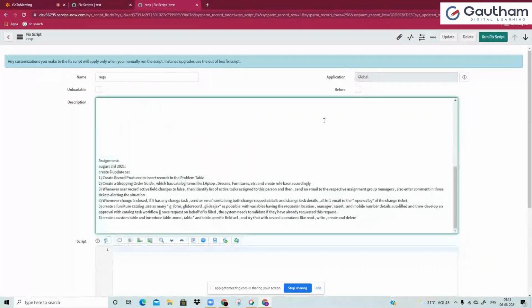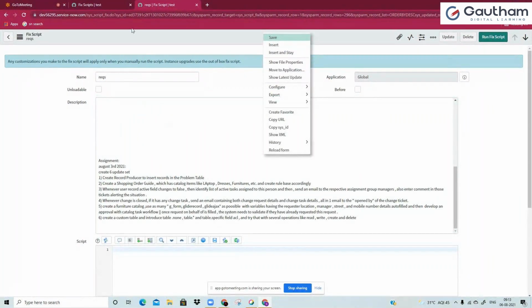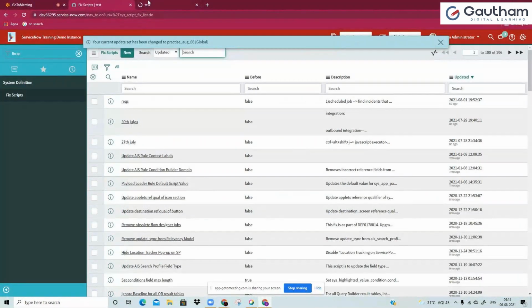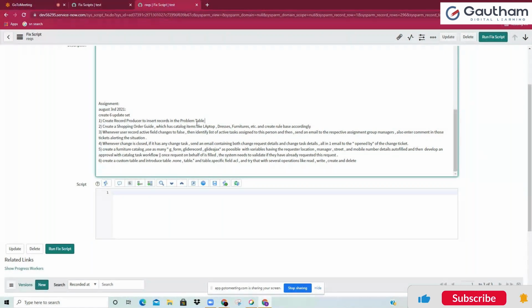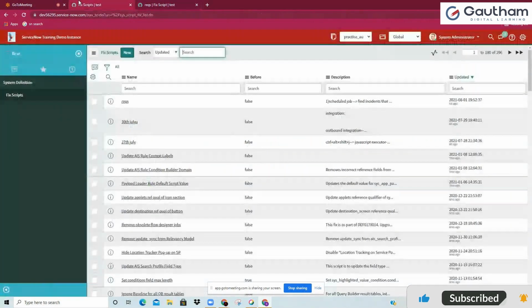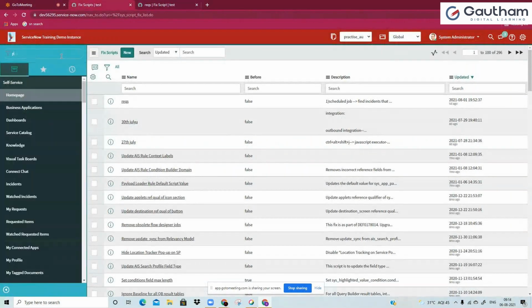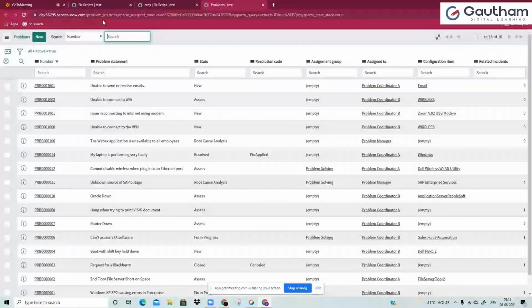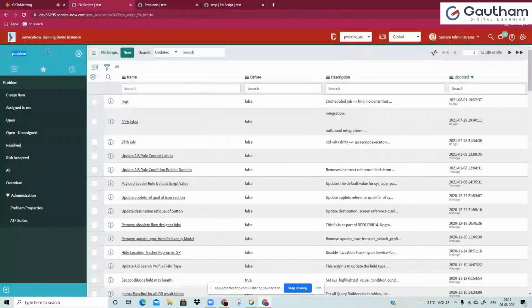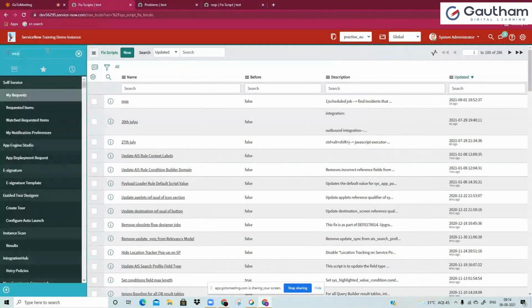This is what we had planned, right? So we'll do everything one after the other. We'll start from requirement number 1: create a record producer to insert records in the problem table. So what we'll do is we'll go to the problem table and keep it in a new tab, and then you can go to record producers in the left navigation,